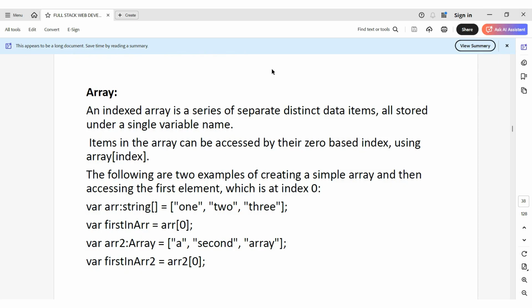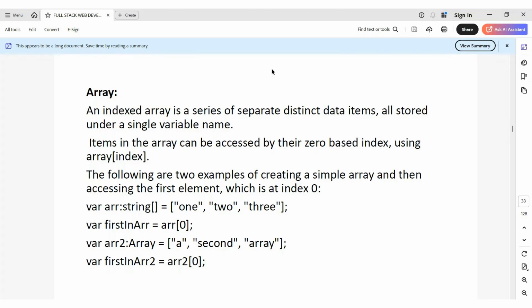The syntax for declaring an array is arr colon string, with the type in angle brackets. Within the square brackets we are not giving anything, which means at runtime we can declare any number of array values, like 1, 2, 3, given in double quotes, and it gets printed.